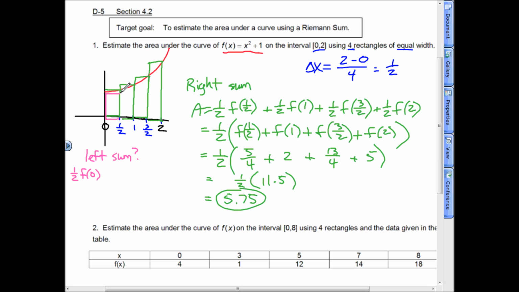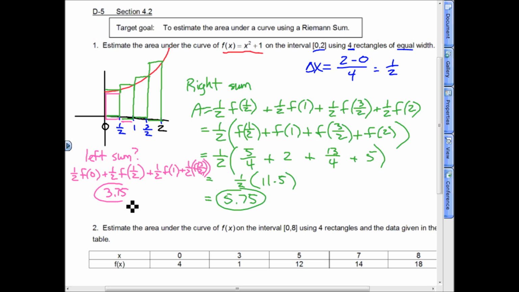My second one would be 1/2 times f of 1/2, because this next one I would go to the second rectangle. Instead of going to the right side, I go to the left side, plus 1/2 times f of 1 plus 1/2 times f of 3/2. And my apologies for making such a mess, but that would be the only difference. And if you figured that out, we'd end up with